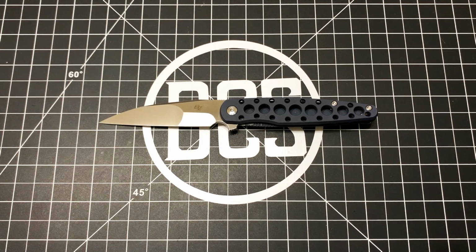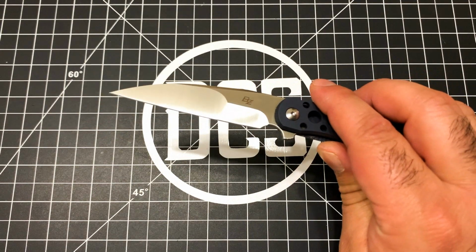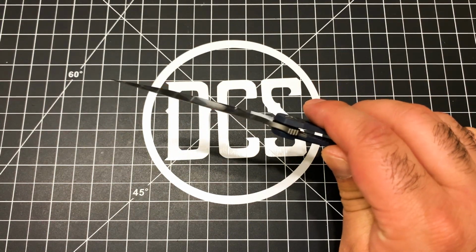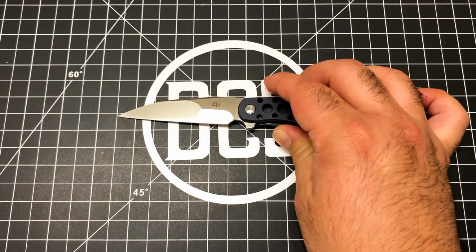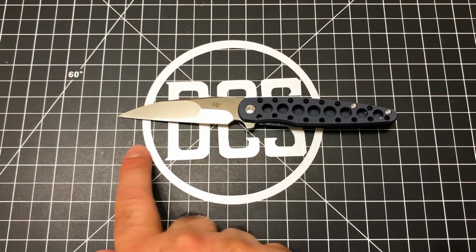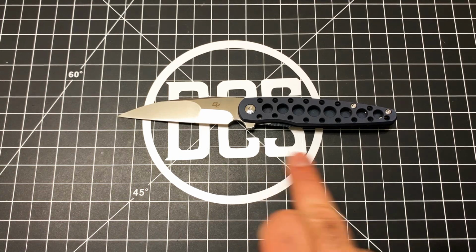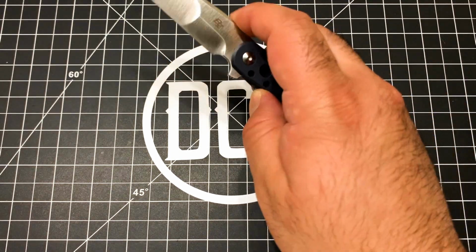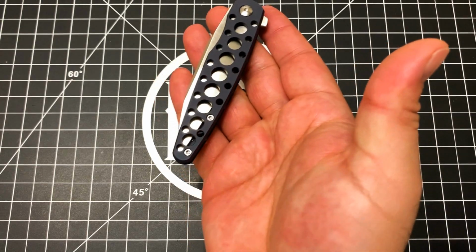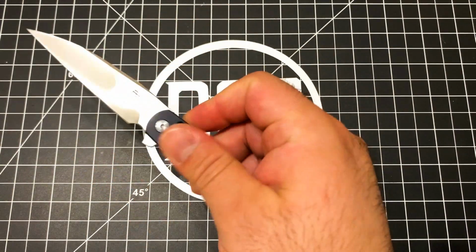So anyways, the blade thickness on this is 0.12 inches, and that's actually pretty thin behind the edge. It makes for a nice slicey blade. The blade length is 3.3 inches, and the closed length, meaning the frame length once this is closed, is a little bit over 4 inches. It's 4.05 inches,